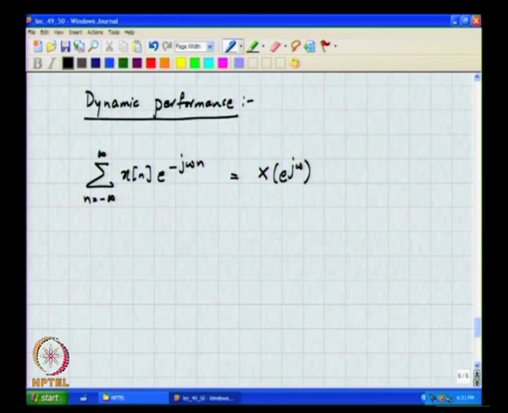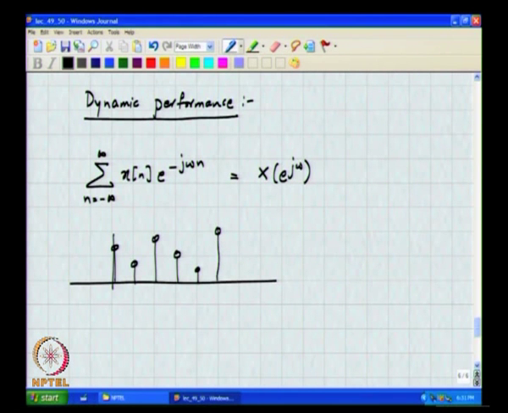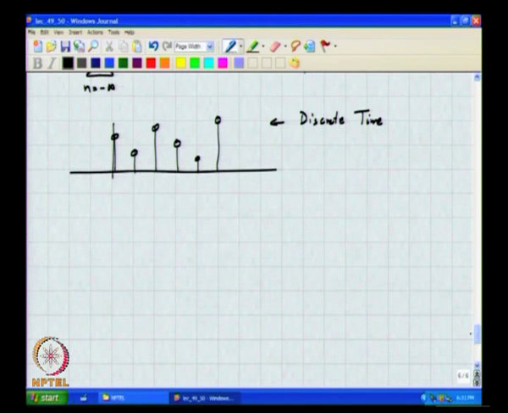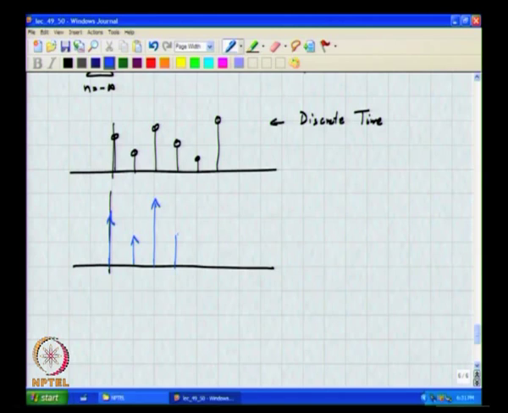Now, conceptually what the D2A converter is doing is taking the sequence of discrete time impulses, right, and converting it into a continuous time signal, all right, and therefore, one can think of the whole operation as replacing the discrete time impulse with a Dirac delta pulse,